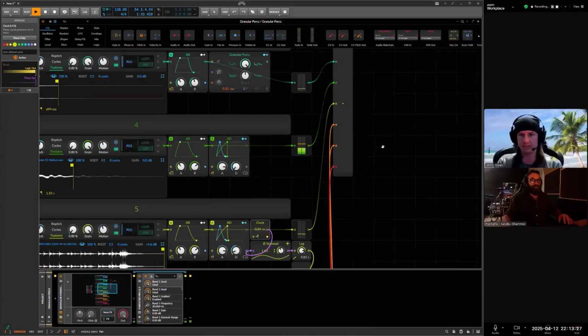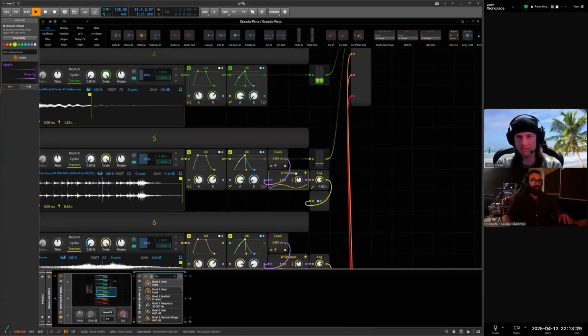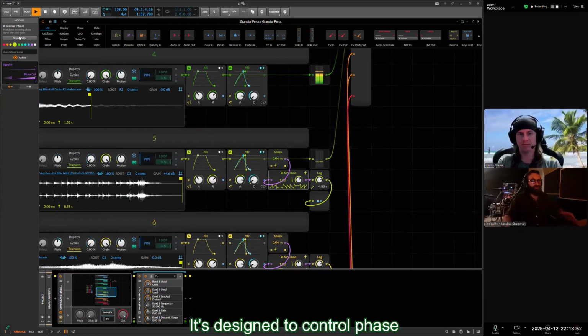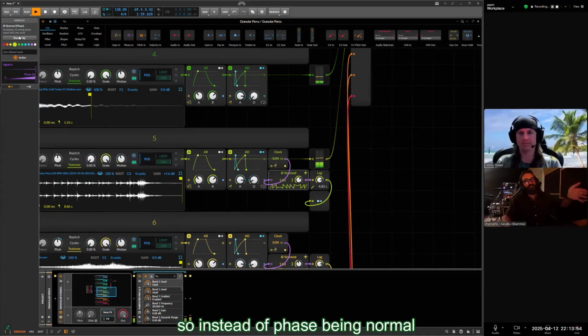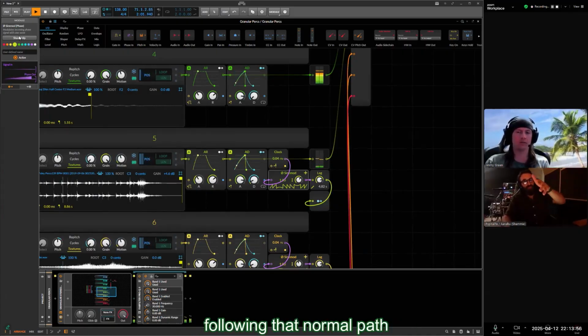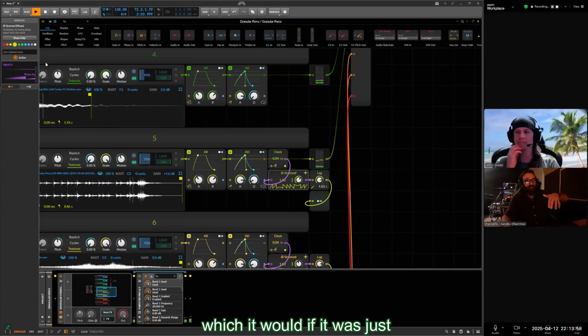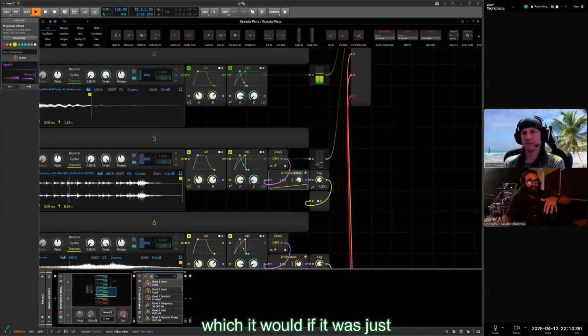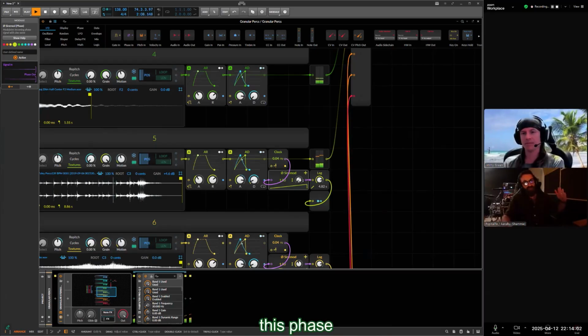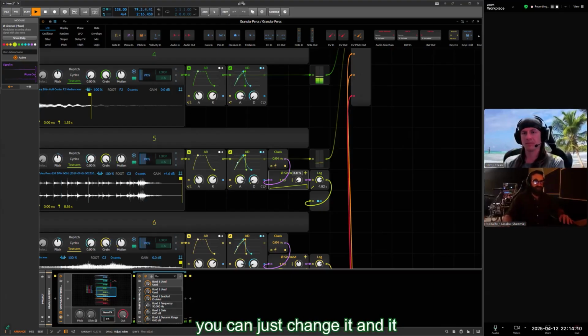What about that thing? The sine mod. It's designed to control phase. So instead of phase following that normal path, which it would if it was just like this, because phase is controlled with just a linear ramp, you can just change it, and it ends up sort of reversing it and